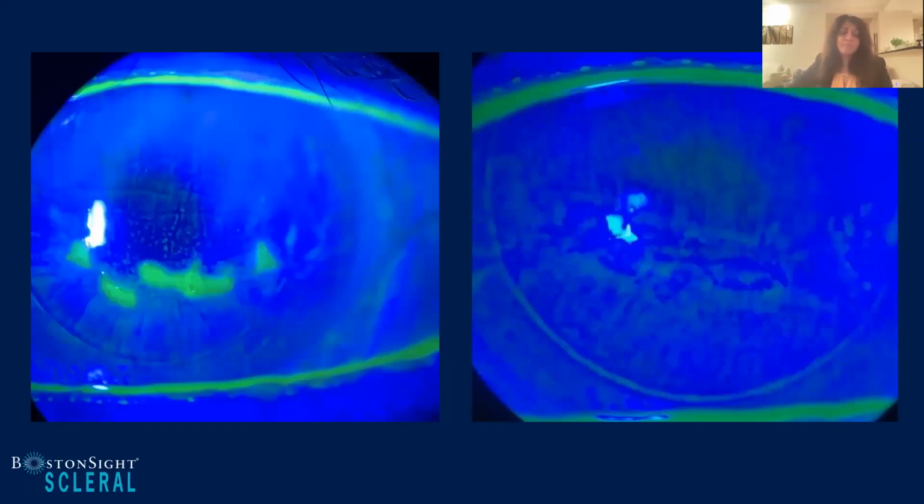So you can see now this is about 2 months after she's been wearing the lenses. And you can see here the difference when we first started and once we are near the end of our fit here. I have seen this, Avani, I know you've seen this time and time again, where the therapeutic benefits of what scleral lenses can do on corneas, where people have given up hope and said there's nothing else we can do. I have seen it time and time again where scars have improved, where vision has maximized even after 6 months, a year later, 2 years later.